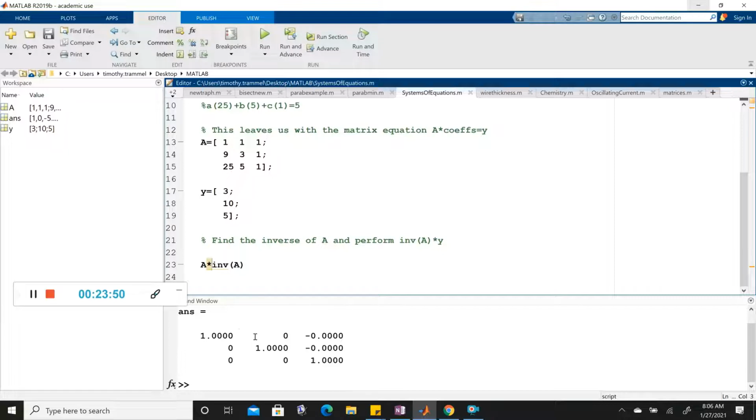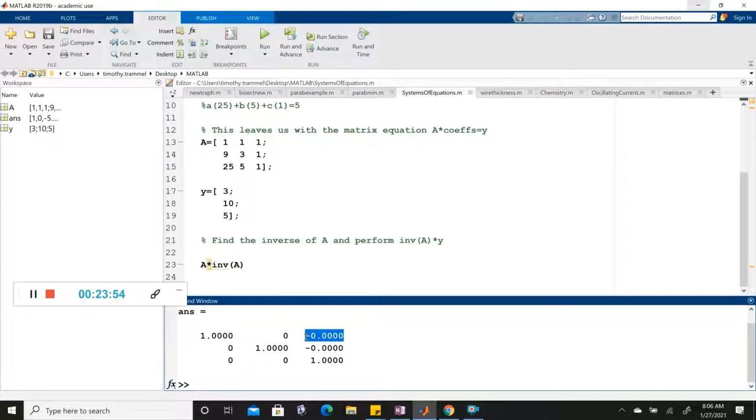Okay, and it does. You can see that clearly since this is minus 0.0000, somewhere out here is a non-zero digit if we were to keep going. Okay, so there is a little bit of error there. Okay. All right,